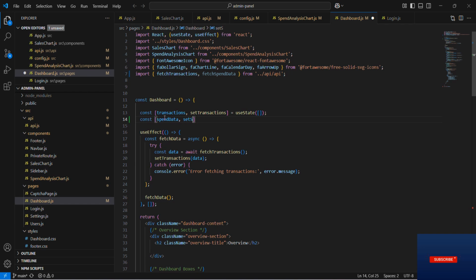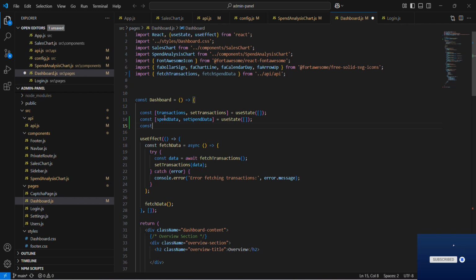First, spend data, which stores the actual spend data returned from the API. Second, filter, which allows users to select the time range like this month, last 3 months, or all time. We have set its default value to month.